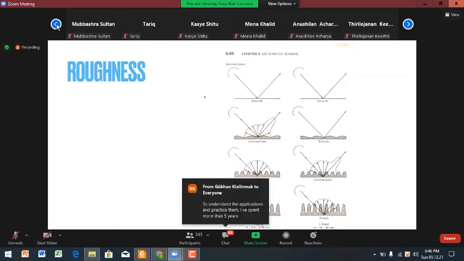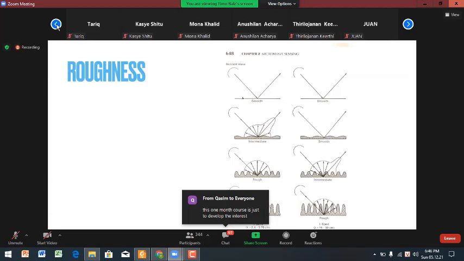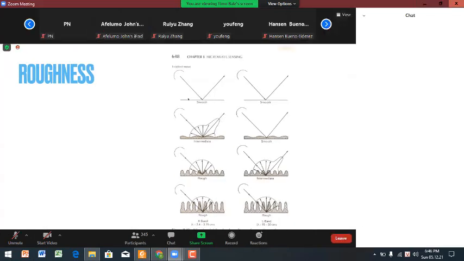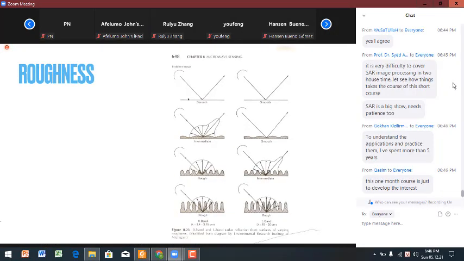That means something like, for example, a road is typically very smooth with respect to a 3 centimeter radar. There are not many jumps in it if you think about a 3 centimeter wavelength. So such a surface is very smooth, and therefore that would reflect like a specular reflection,